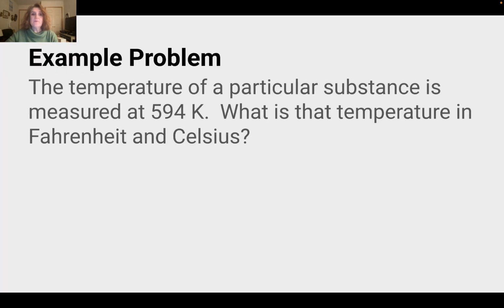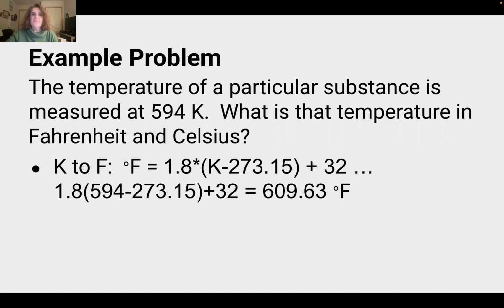So let's look at a sample problem. The temperature of a particular substance is measured at 594 K. What is that in Fahrenheit and Celsius? Well, Kelvin to Fahrenheit, you take your Kelvin temperature, subtract 273.15, multiply by 1.8, and add 32, and you get